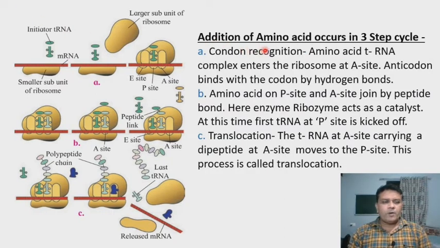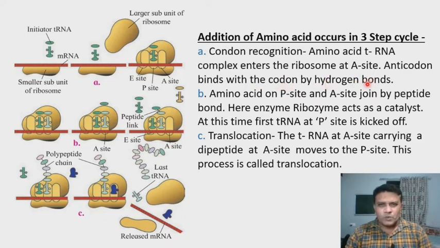The addition of amino acid occurs in a three-step cycle, and this cycle repeats. So initially there is codon recognition, that means the amino acid tRNA complex enters the ribosome at the A site. As we have seen that the initiator amino acid tRNA complex is present at the P site, the next amino acid tRNA complex enters the A site and its anticodon binds with the codon present on messenger RNA by hydrogen